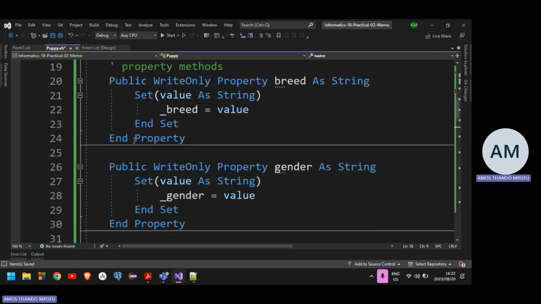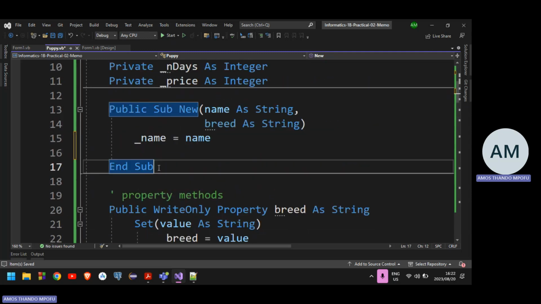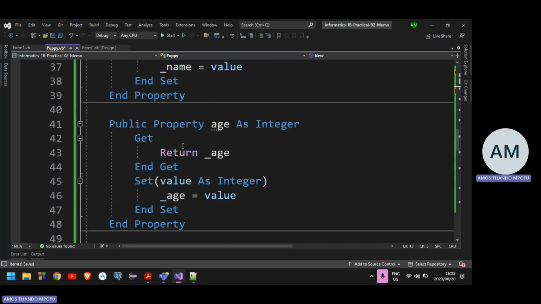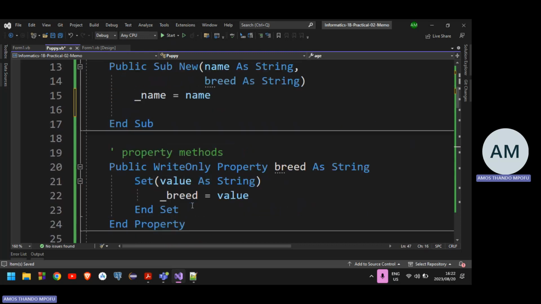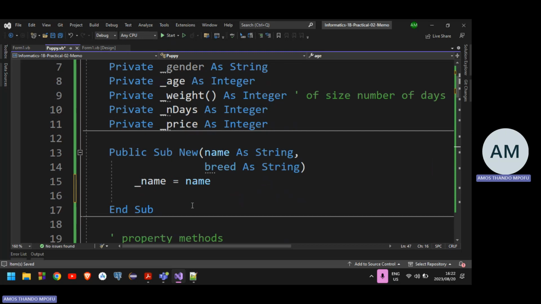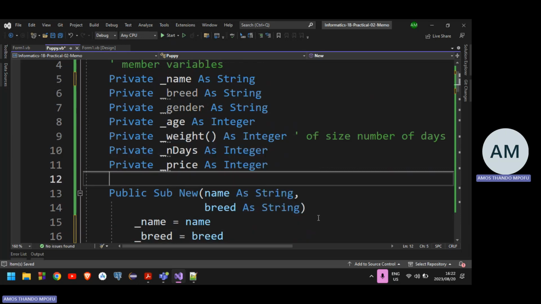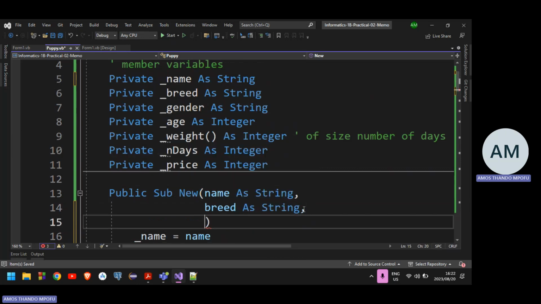The other approach is that you decide not to have the constructor at all. You just use the default one that you're given, and then you access using accessors. That's the other approach, but I'm going to use a constructor in this example. If you want to see the other example, we can do that maybe in practical 3's memo. So underscore breed is equal to the breed from the user, or the breed from the constructor, followed by gender